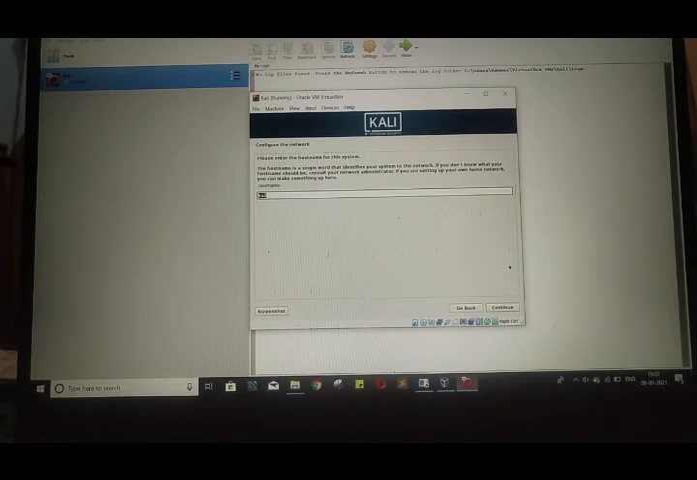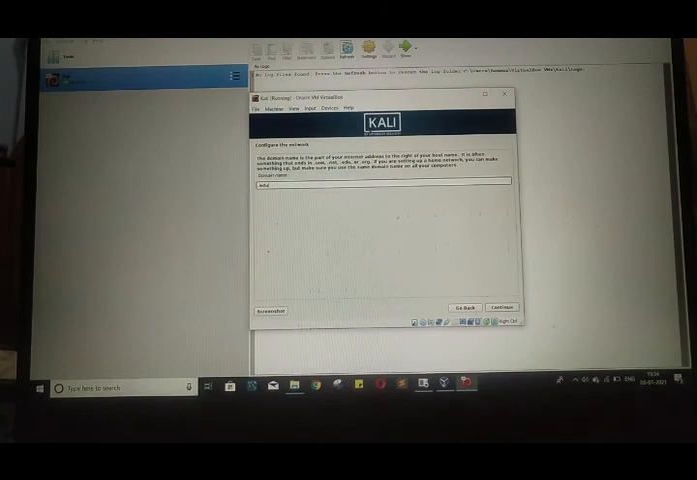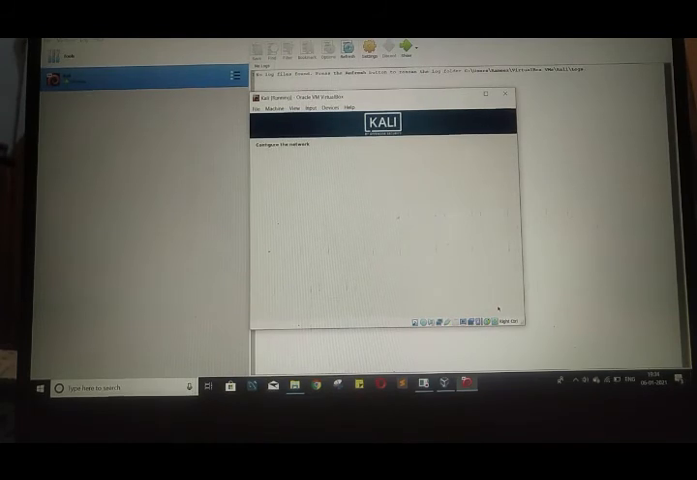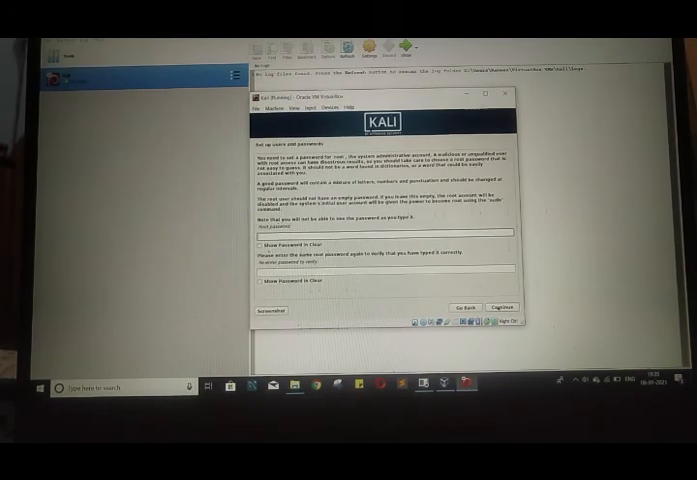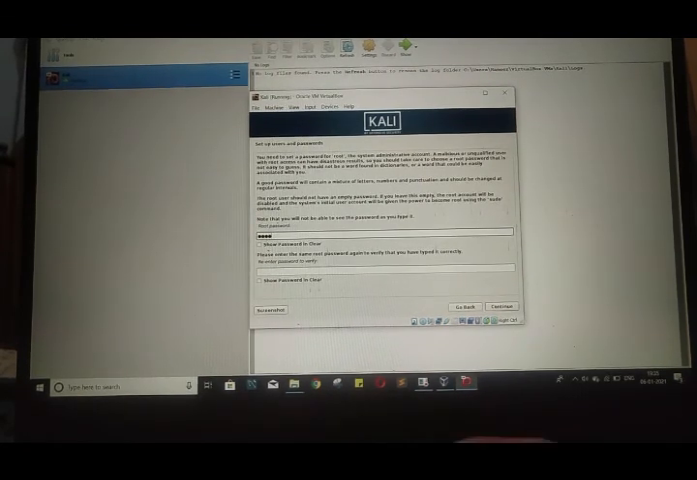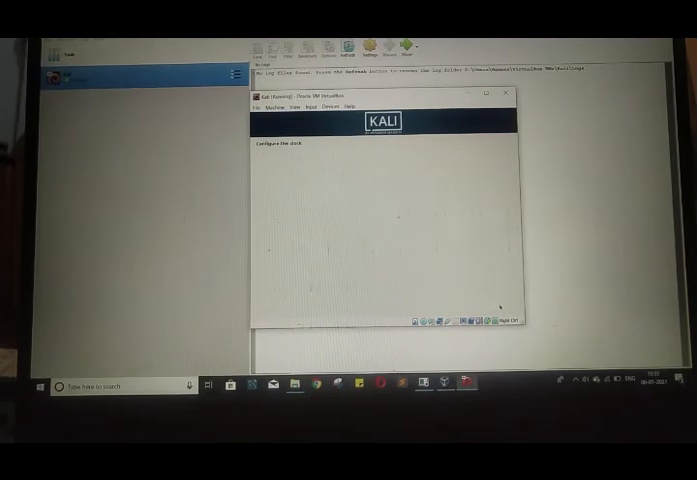It is asking for a host name. Let us name it as Kali and continue. And it is asking for a domain name. Let us name it as .edu. And it is configuring the network now. It is asking for a root password. Let me give a password, and here we will have to re-enter the password. Continue. It is setting up users and password